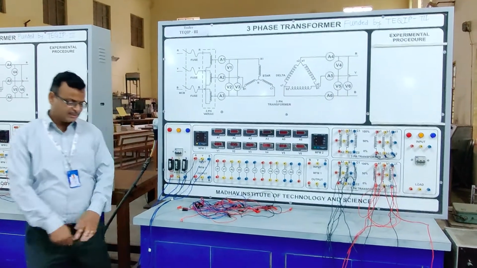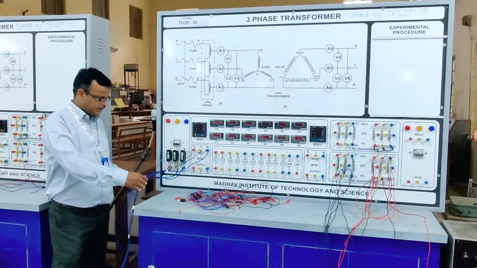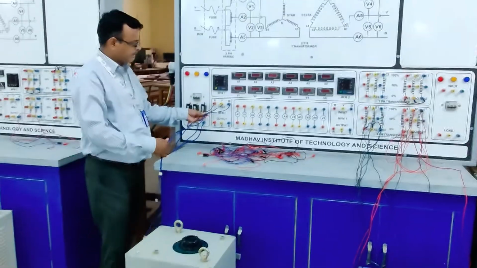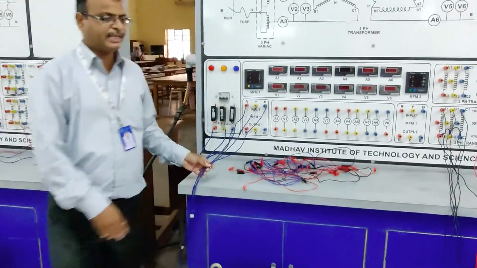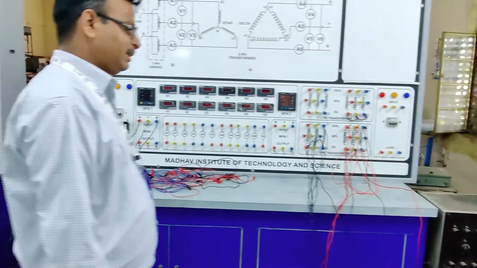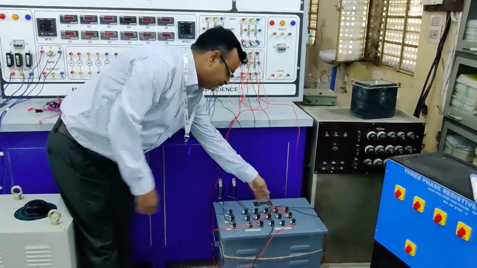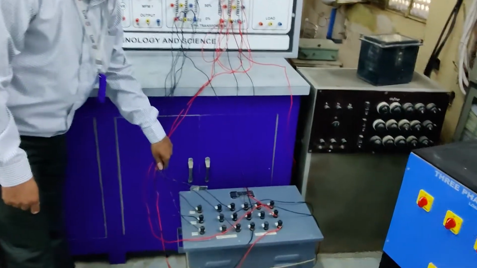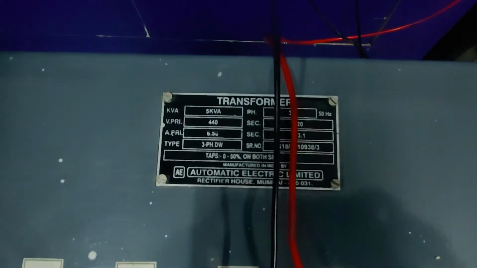We know this is the three-phase auto transformer. It's already connected here, with input terminals and output terminals connected across R, Y, B terminals. The function of the auto transformer is to give the variable voltage. And second, the transformer on which we are going to perform the OC and SC test is this 5 kVA transformer. The transformer tapping terminals are already given here, common 100%.